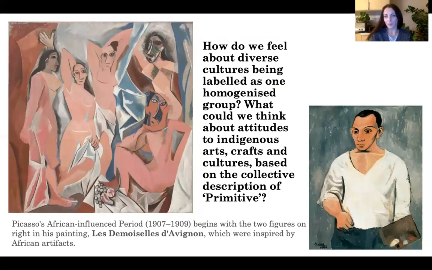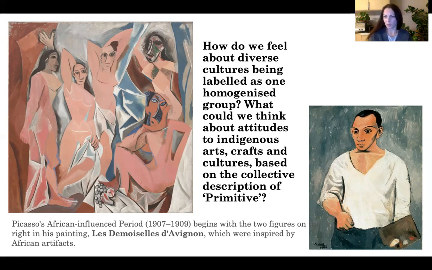It leads me to this big question, and I really want you to think about this. How do we feel about the diverse cultures across many different nations, across many different times in history, being labelled as one homogenized group? What could we think about attitudes to Indigenous arts and crafts and cultures based on the